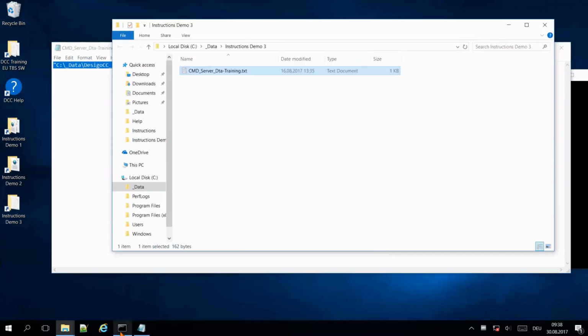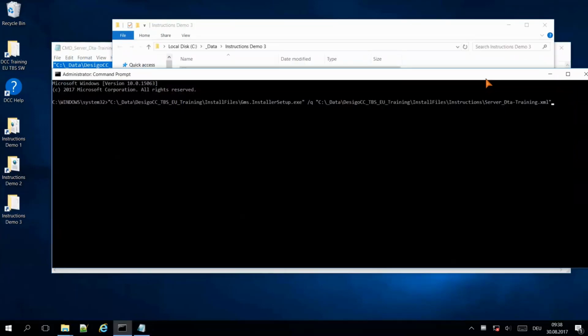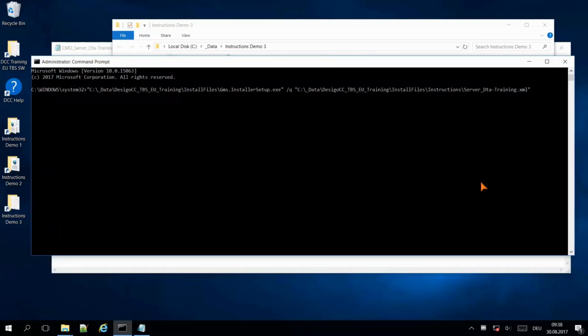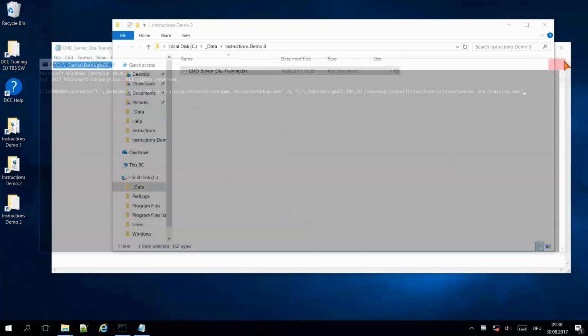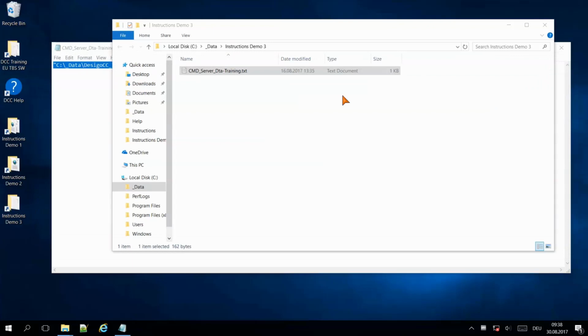Okay, I could now press enter, and then it would start with the silent installation. So this is one of the procedures which is described in the online help and also in our documentation, in our presentation. So I skip this now, I leave this now,